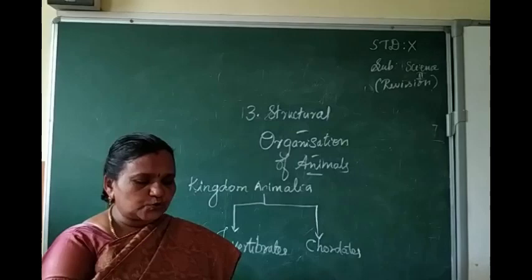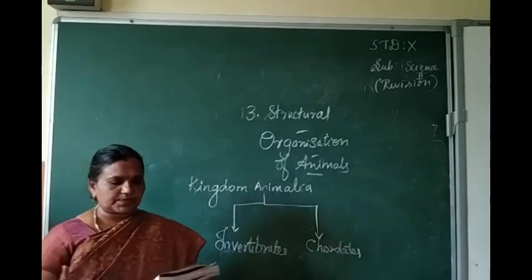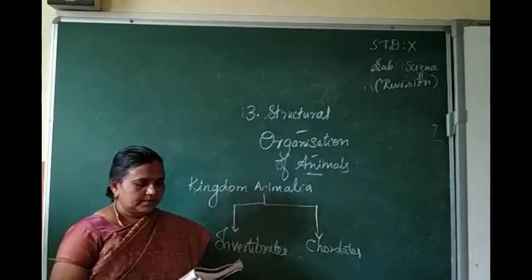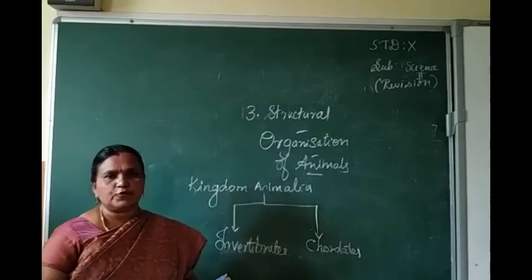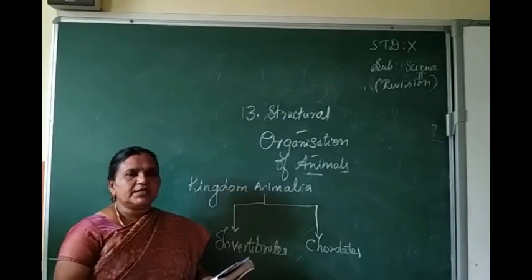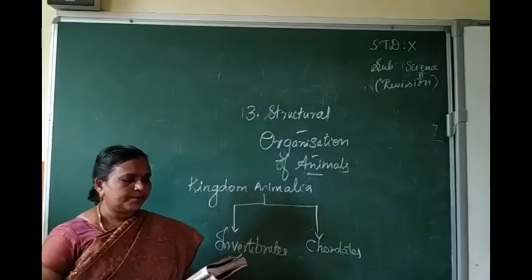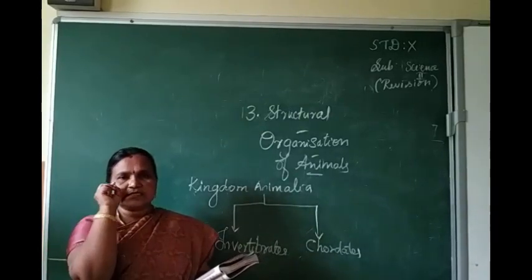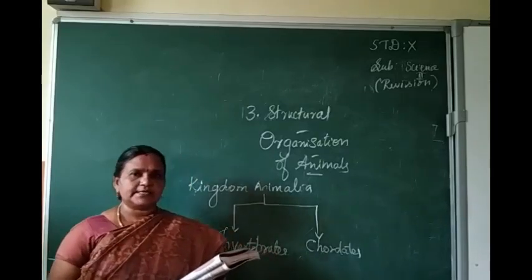And next one, ectoparasite. What is the meaning of ectoparasite? The parasitic organisms which are present on the external body parts are called ectoparasites. 2 types of parasites are mentioned in this book, ectoparasites and endoparasites. Endoparasites means the parasites which are living inside the body of the organism. Endo means interior side. So, differences between ectoparasite and endoparasite. When you are writing the differences, you have to mention the examples also. Don't forget to write the examples.